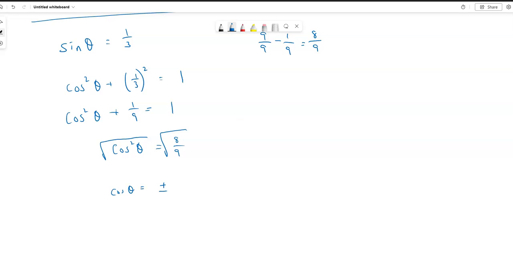And I can separate the top from the bottom, right? Make it the square root of 8 on top, square root of 9 on the bottom. Well, square root of 8 simplifies to 2 square root of 2. Square root of 9 is 3. But now the question asked me something very